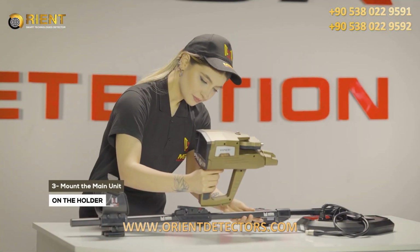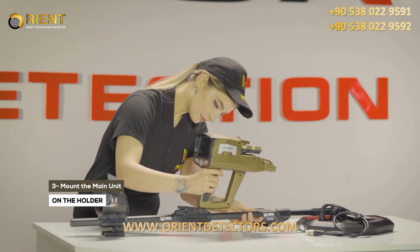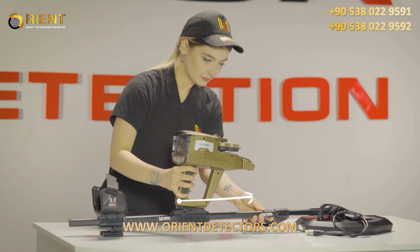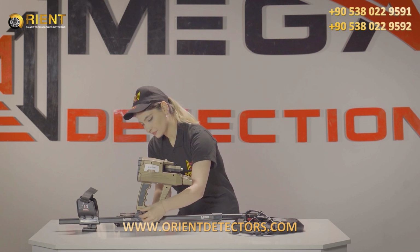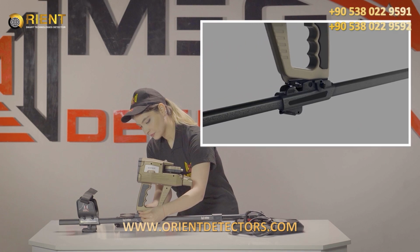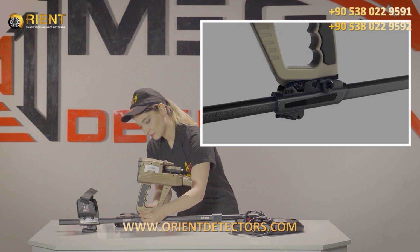3. Mounting the main unit on the holder. Place the device main unit on the device holder on the shaft. Fit the main unit and the holder rail in parallel position. Place the main unit on the holder rail. There is an option that users can use. This option helps position the device on the holder rail so that users can see the display clearly, until you hear the lock pin sound. To suit the width of the main unit on the holder: